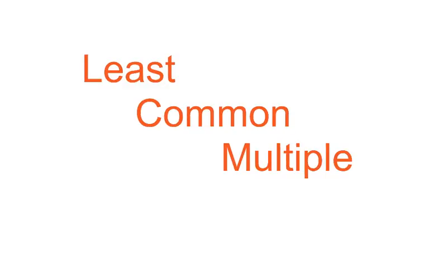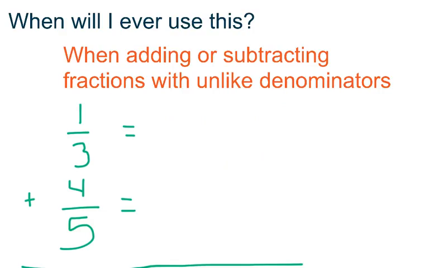Okay, so this lesson is on least common multiple, or LCM for short. When would I ever use this? When you add or subtract fractions with unlike denominators. For instance, 1/3 plus 4/5, you would need to find a common denominator for 3 and 5, and in this